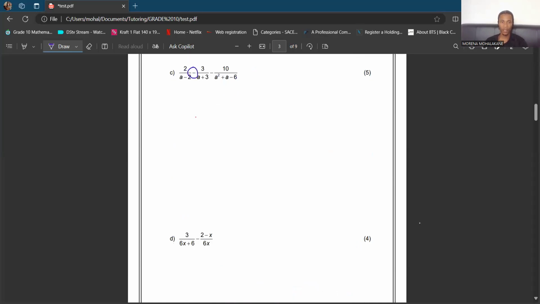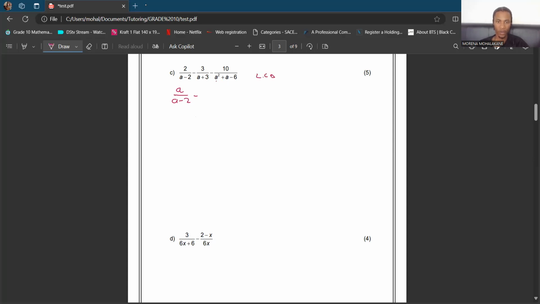Now getting to the next question. Again, you see the separations of subtractions. The fractions are separated by the subtraction. If it's subtraction or addition, consider LCD. If it's multiplication or division, tip and times. So getting to our question. So you have A all over A minus 2 minus